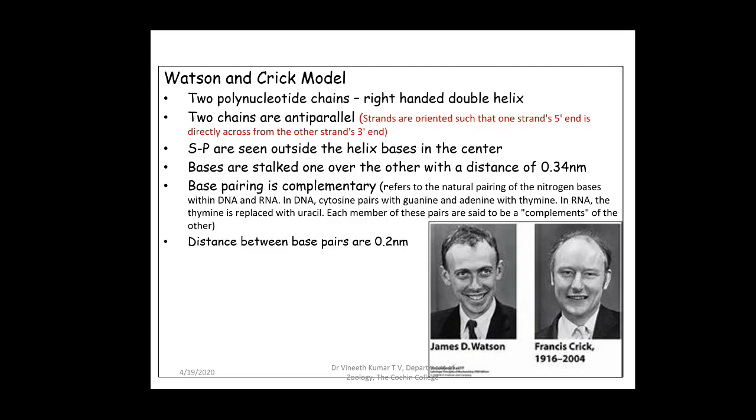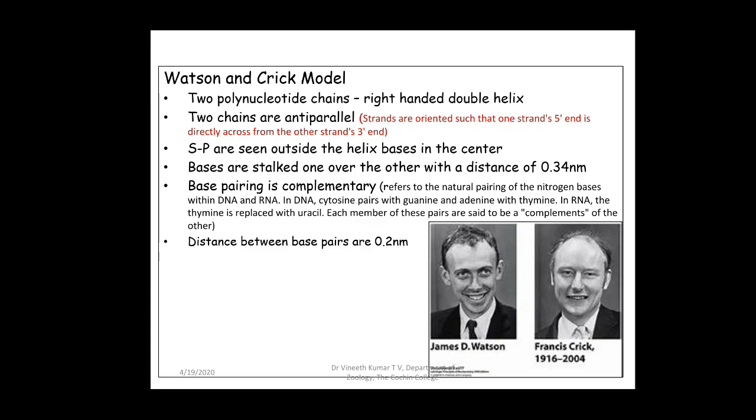So coming to the Watson and Crick model, the conclusions of the Watson and Crick three-dimensional model of the DNA were that the DNA was made up of two polynucleotide chains, and these chains formed a right-handed double helix. They also found that these two chains were anti-parallel, in the sense that we saw that when you take a